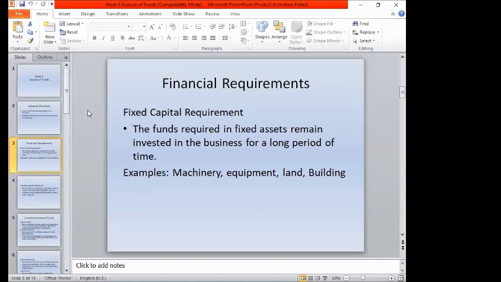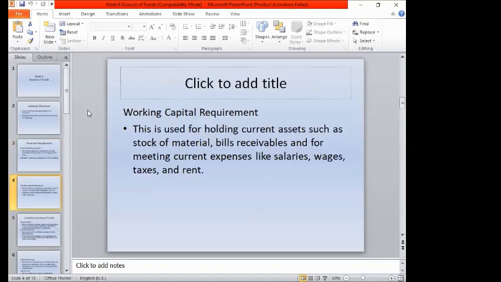Even though these are properties, they have values, the amount at which they were purchased, and the values of those fixed assets should be recorded in the books of accounts. The working capital requirement talks about cash or current assets. Current assets are assets convertible to cash within a short period. The working capital requirement talks about holding current assets, which means managing and controlling them